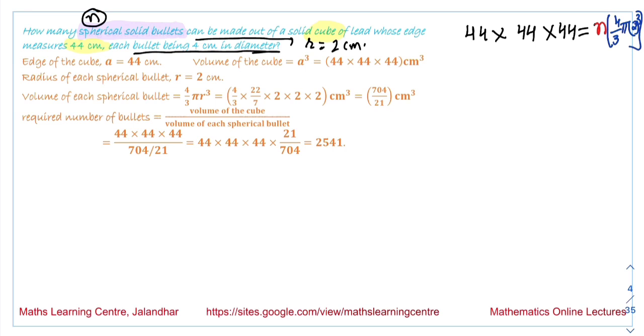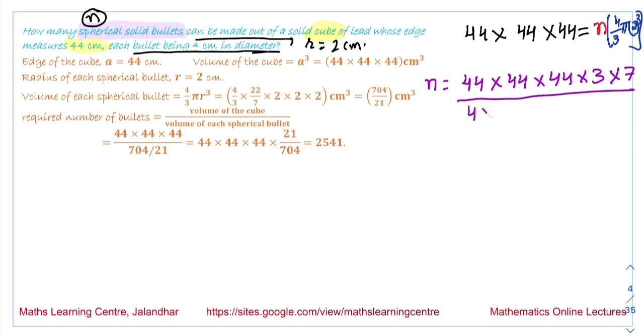So on solving this we will get the value of n, that is equal to 44 into 44 into 44 into 3 into 7 upon 4 into 4 into 2 into 22. So these two get cancelled, it is 44 over here, these get cancelled, it is 11 over here, and this is 11 over here, and on multiplying these values we will get the answer 2541. So the number of bullets we have is